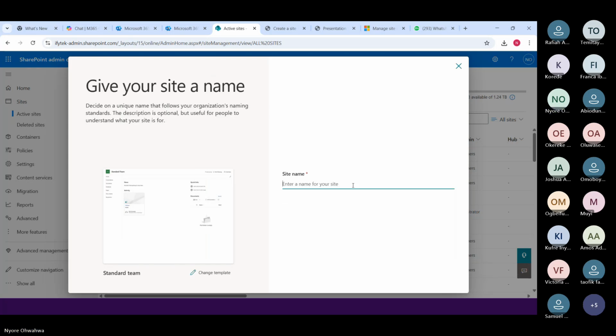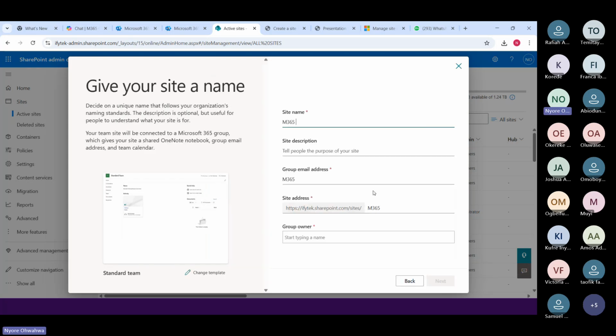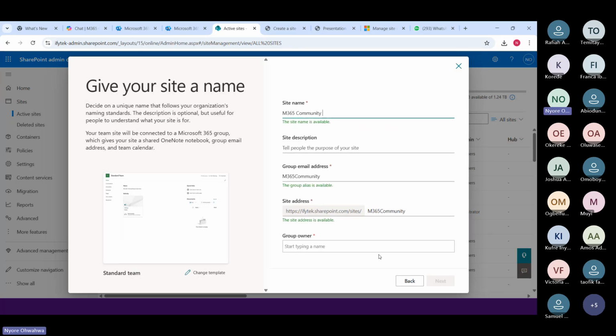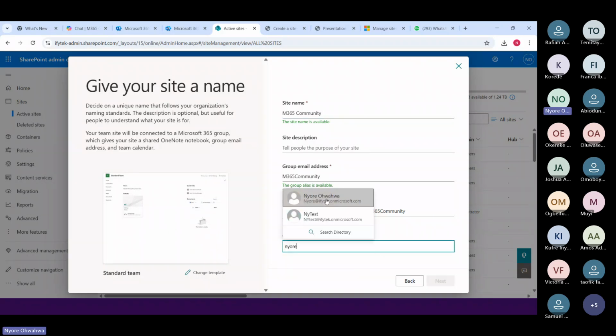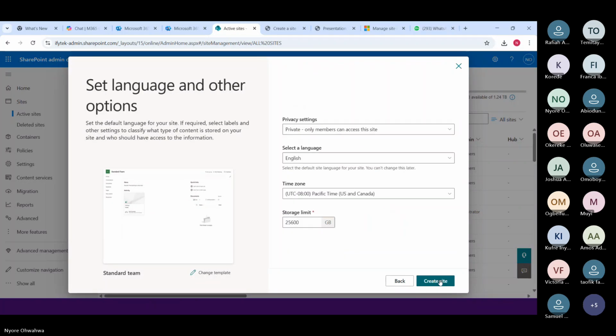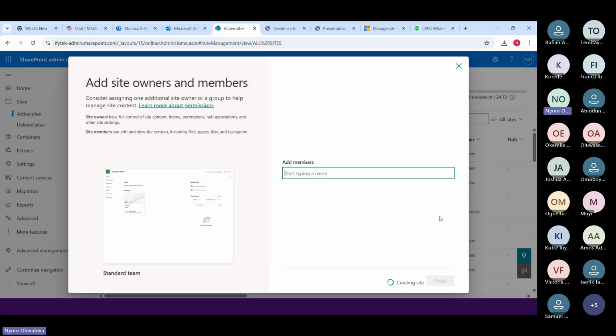You can see M365 community, right? So myself as owner of the site. And then I go ahead to create a site.